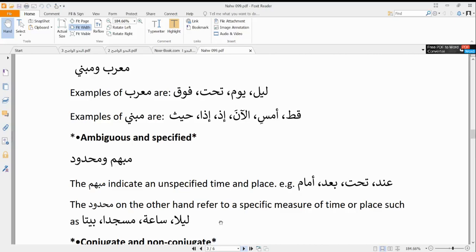So in that case, you can see that ba'da, we can change it and use it to mean different times, depending on whatever is surrounding it. So it does not indicate a specified time on its own. However, the mahdud refers to something that is specific, that we know very well on its own.